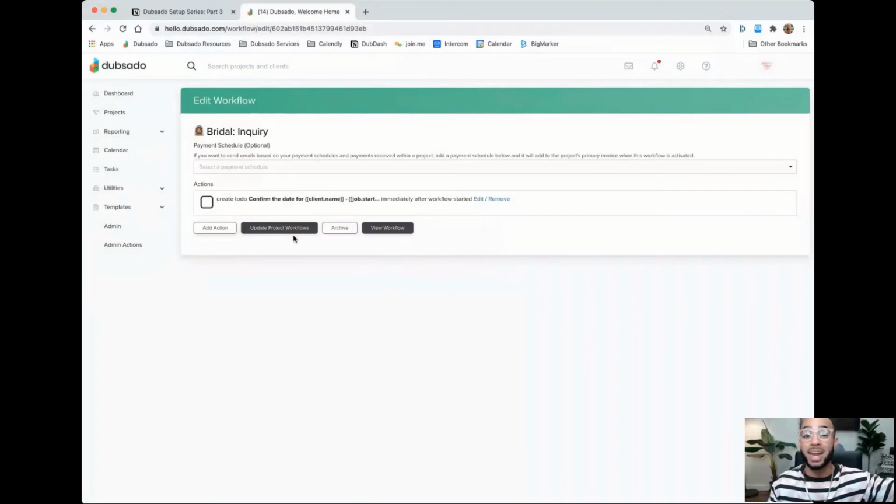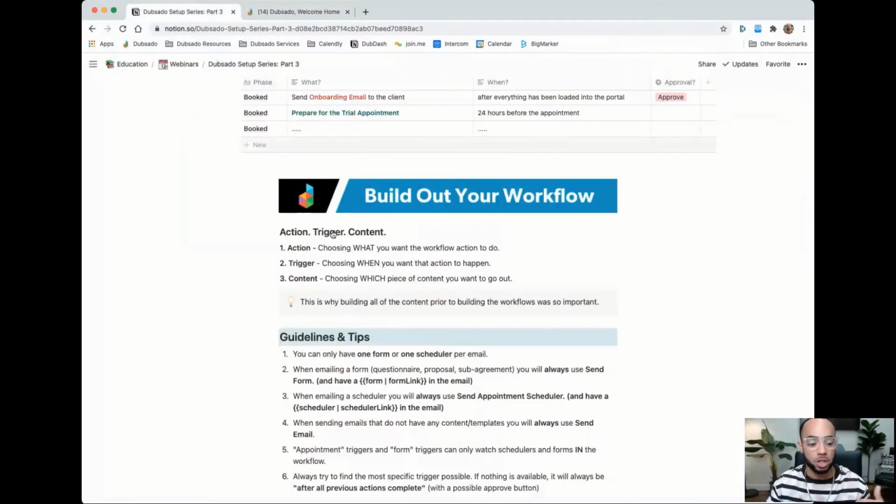So if you're embedding your scheduler on your website, you can't use scheduler template workflow triggers because that has to be inside the workflow here. So that's what I mean by if you're using an appointment or form trigger, it has to be something that's in that workflow, okay? And then the last thing is, and this is kind of just a general great tip for you,